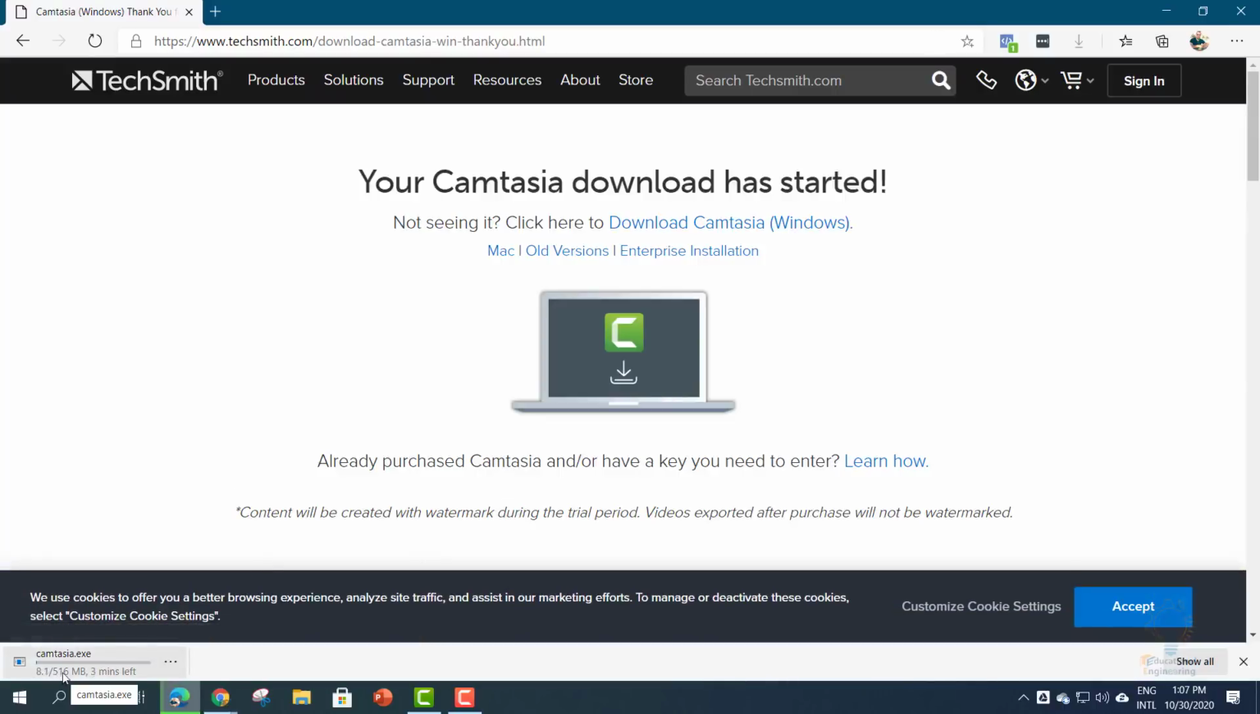And now the download will start. It's around 516 megabytes. That's it for this lesson. In the next lesson, we are going to install this software and create a TechSmith account. And if you want to avoid the hassle, we can